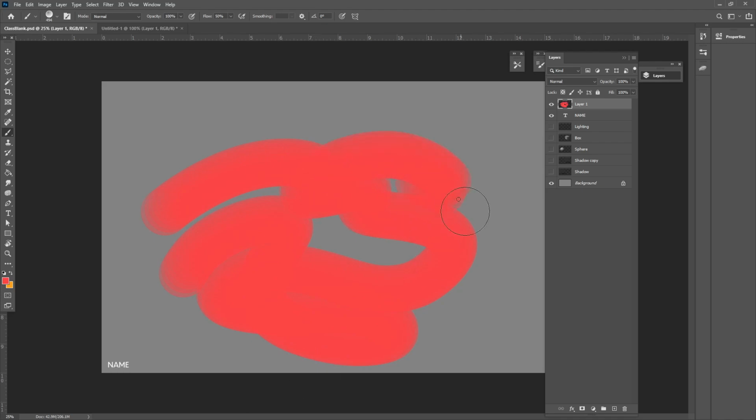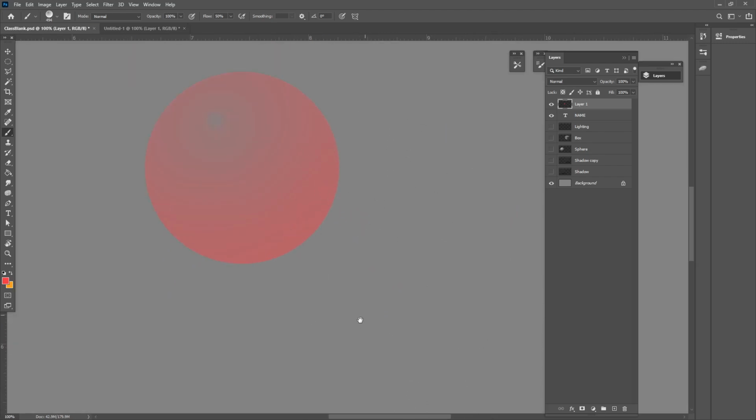Now it just looks like a brush, right? Nothing particularly special about it. But if I create a new layer and I stamp the brush, you can see as I zoom in, look at that. I've got a